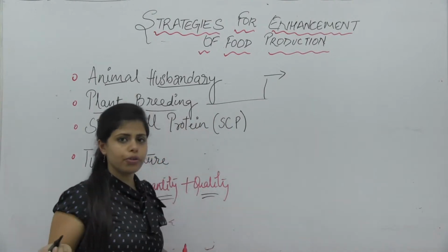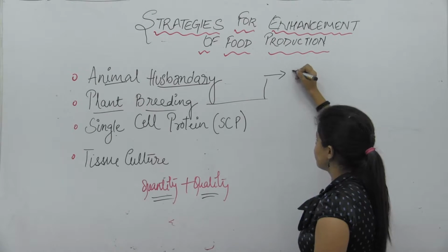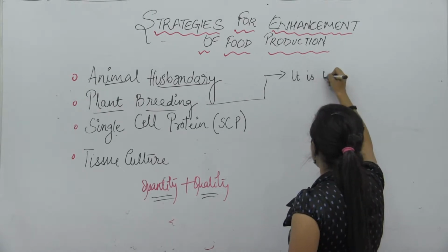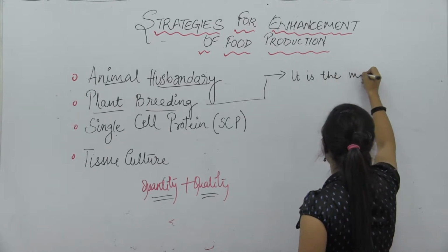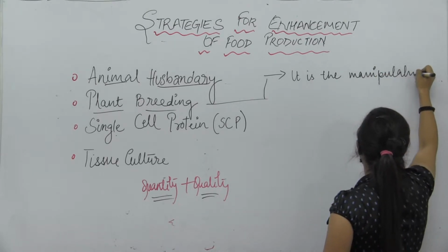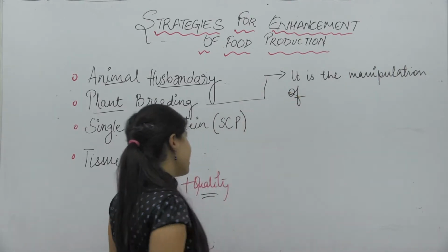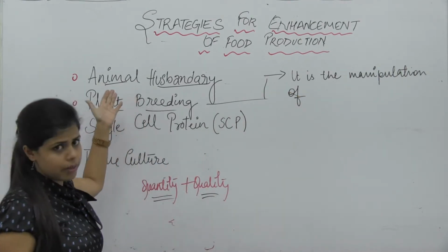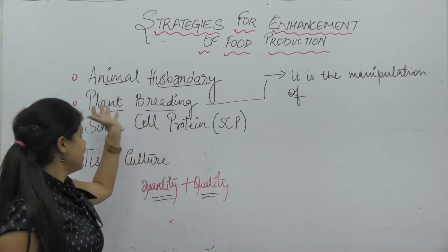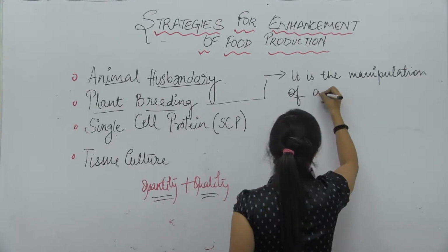So what according to you is actually plant breeding? Well, I may tell you, it is just the manipulation of crops. Like the manipulation we did in animal husbandry, it's very similar to it, right? So it's the manipulation of crops